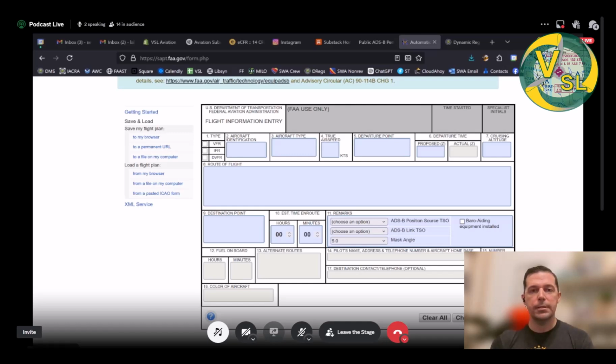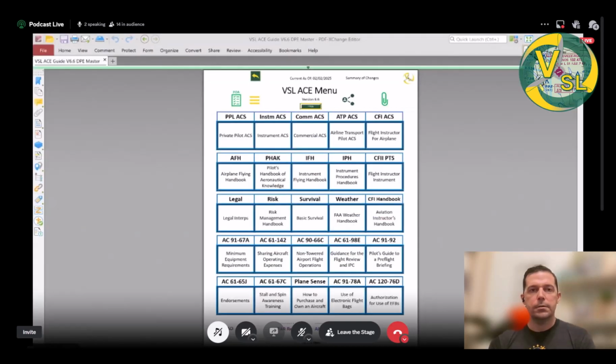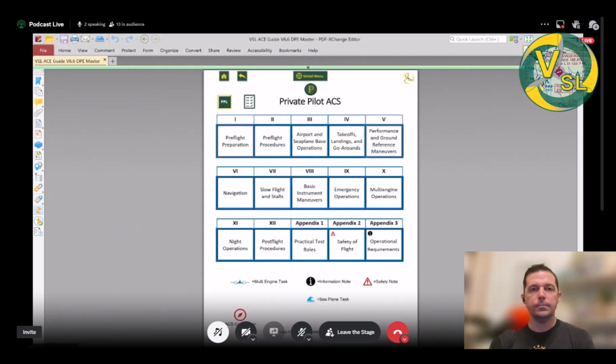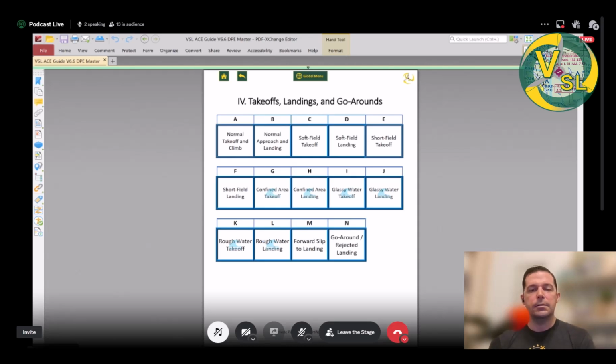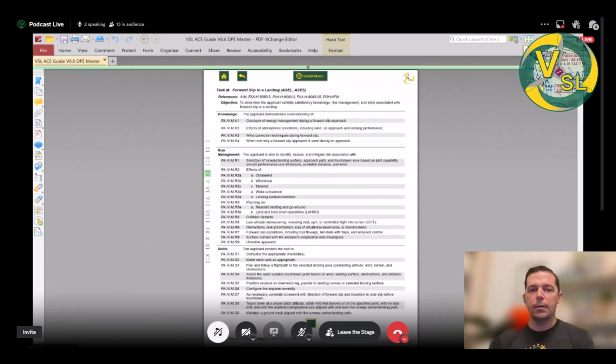I'm going to pull up the ACS, really just the Airman Certification Standards for Private Pilot. All right, so there's the ACS for Private Pilot. Let's pull this up. This is in Area of Operation 4, which is our takeoffs and landings, and Task M is our forward slip to landing. And so the skills here, we've got 9 skills that we have to demonstrate that are related to slips. You do have the knowledge and risk management items, but they're basically the same as most of the other landing tasks, so that's not that different. But it basically says you're going to perform a slip while maintaining your center line and a stable approach, essentially,